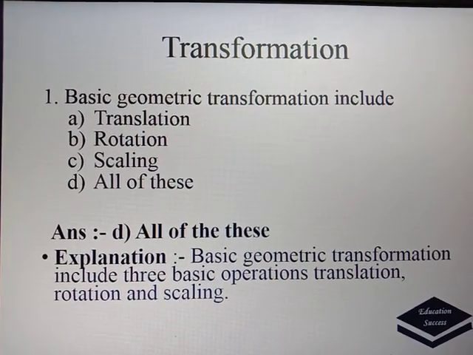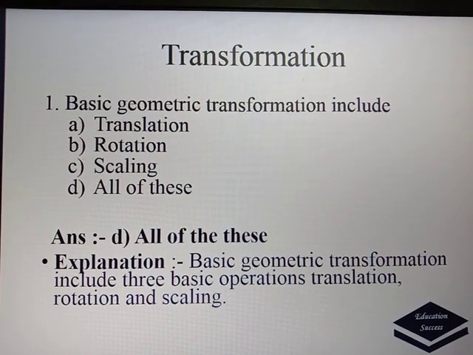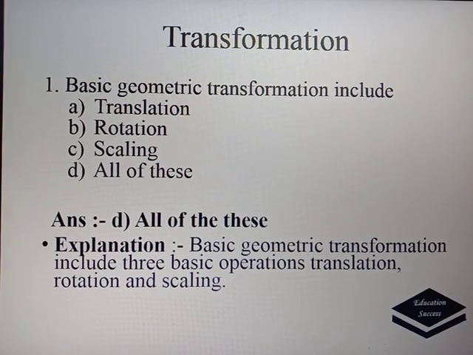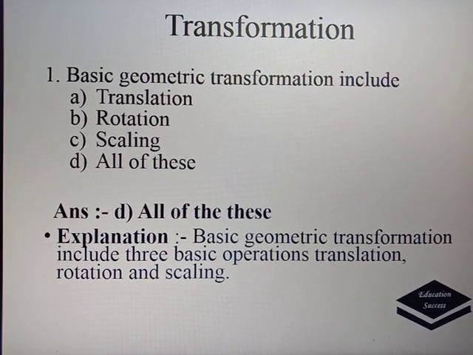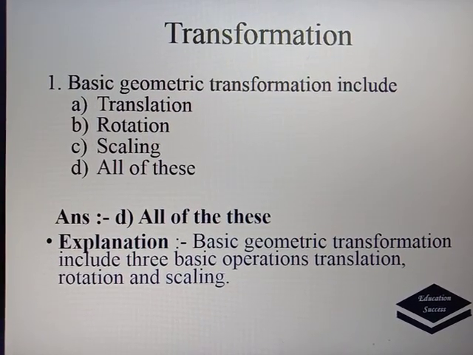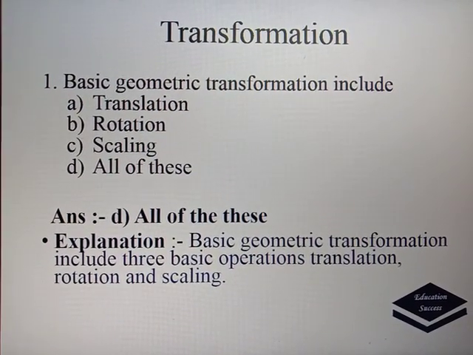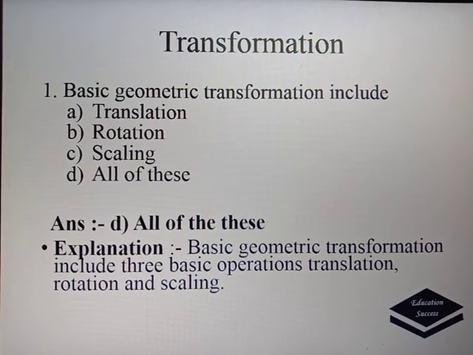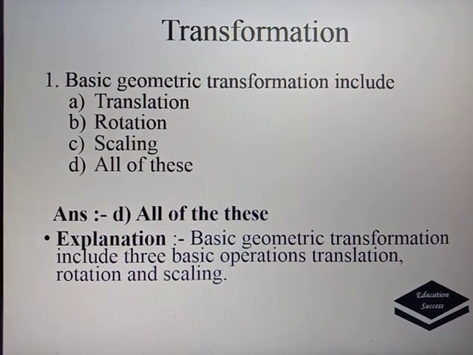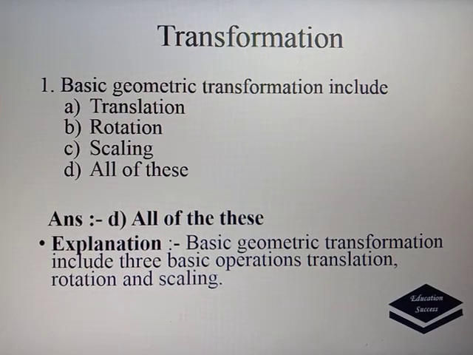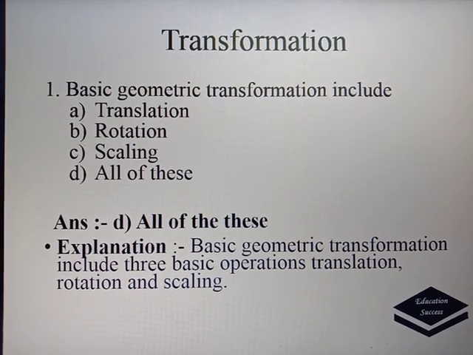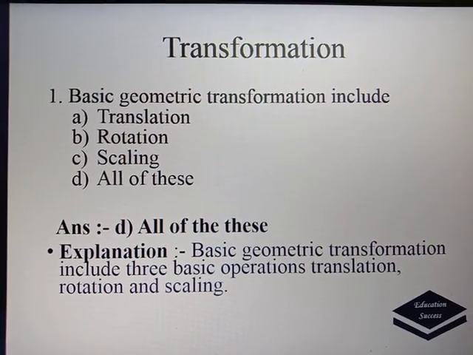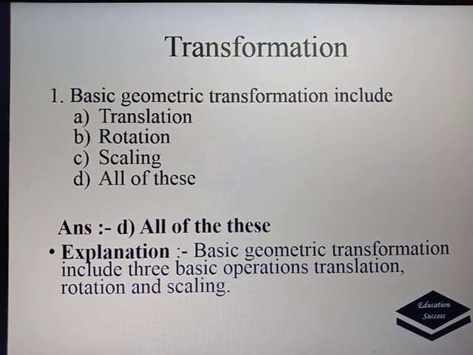Rotation means repositioning of an object along a circular path with a given angle. Here, the point from where you are rotating the object is called the rotation point or object pivot point. The angle by which we are rotating the object is called the rotation angle. The rotation angle may be a positive or a negative value. If the rotation angle is positive, it will be an anti-clockwise or counterclockwise rotation. If the rotation angle is negative, the rotation will be in the clockwise direction.